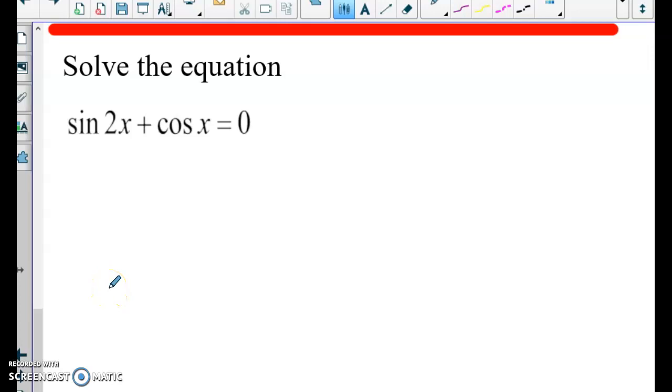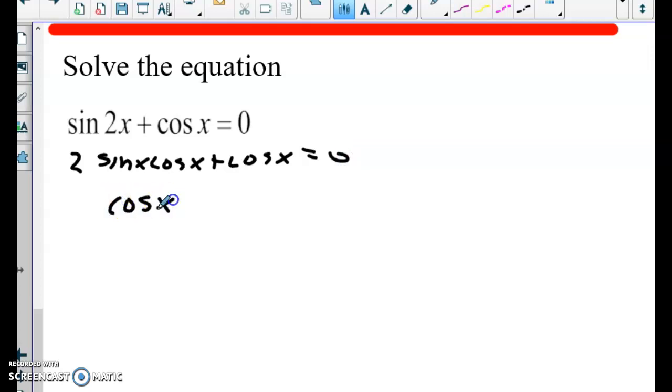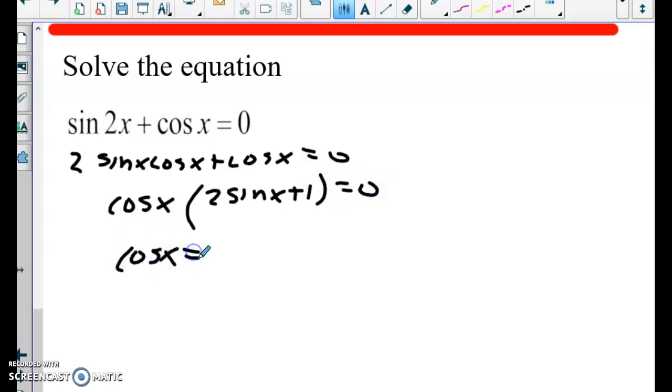Video 3, and let's take a look at the double angle formula for the sine of 2x. It's equal to 2 sine of x cosine of x. We'll make that substitution. Then I'm going to factor out the cosine of x, leaving me with 2 sine of x plus 1. And either the cosine of x is equal to 0 or the sine of x is equal